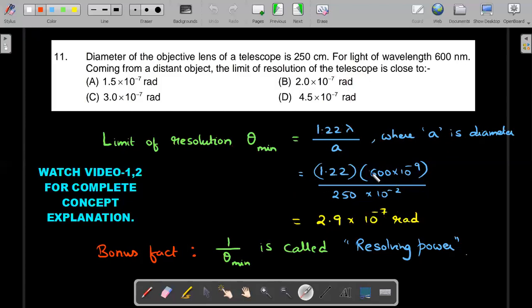And whatever numbers are given are substituted, it's just substitution. You all should understand that the questions from rotational mechanics would be tougher, and there you already know the syllabus. Here the questions are easier. It's just that you need to know what you need to understand. That's it. These are the easiest questions to score marks over others, because a lot of students leave these questions. Okay, so let's move on. I think the answer for this question is 2.9 into 10 power minus 7. So the closest would be this answer.